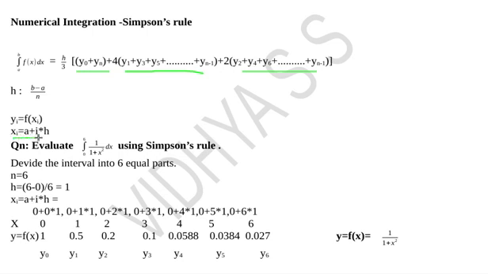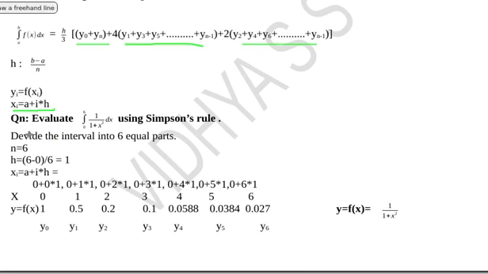Here a is the lower limit, and i is each i value, that is for x0, i will be 0, for x1, i will be equal to 1, and for x2, i will be equal to 2, etc., up to n. That is, from x0 to xn we need to calculate the value of y, that is y0 to yn. So for each yi we need to calculate the value of xi, using this formula. Let's see with an example.